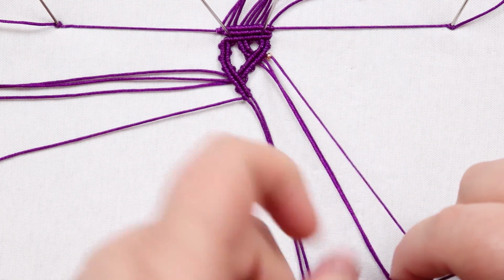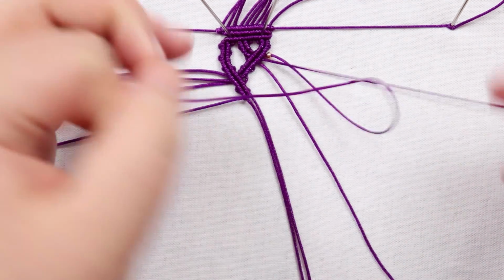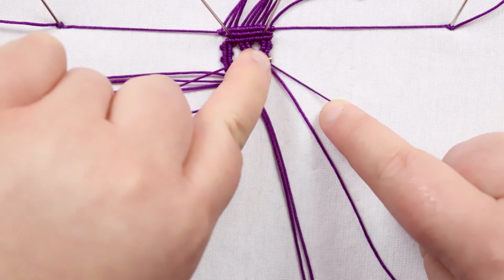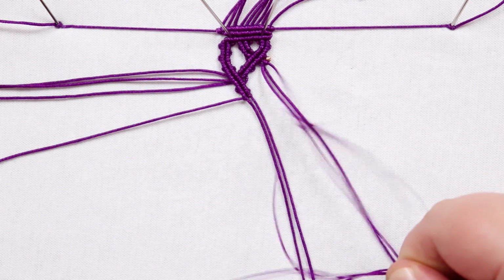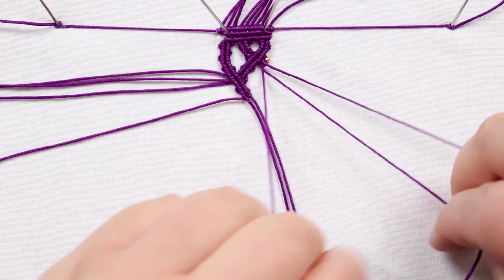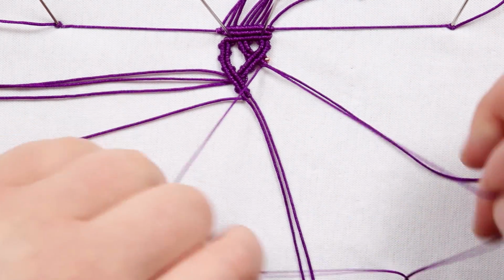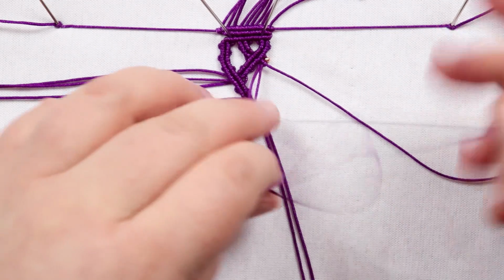So I just take that working cord, start making my double half hitch around the holding cord by bringing it under first. You can see this is going to sit right there in that little corner, and just add a little bit of something different to it, a bit of colour, obviously depending what kind of bead you use. And then do a double half hitch on the next holding cord,